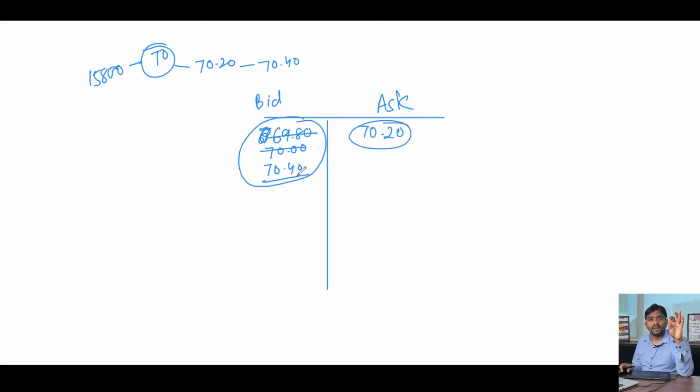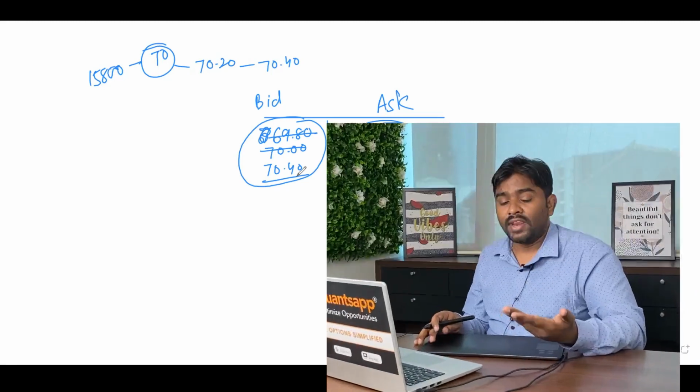Okay, so again, when there is a panic or the market is moving, most of the traders are executing the trade at the ask price. Whenever they execute at the ask price, the market generally shows a rapid movement in option prices. If we can somehow get data on how many people are trading at the current market price, that is, executing at the ask price, that is where we can have an edge over other people. This is how order and trade analytics helps you.